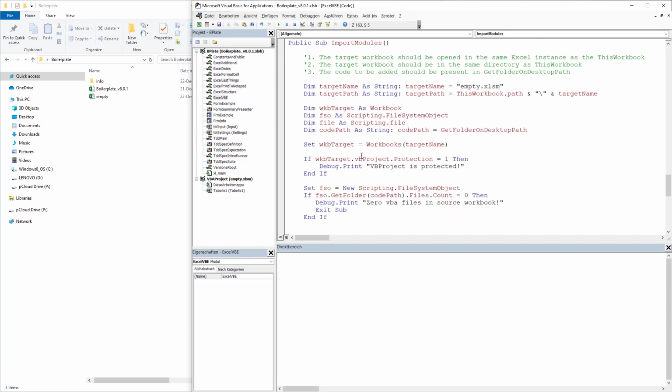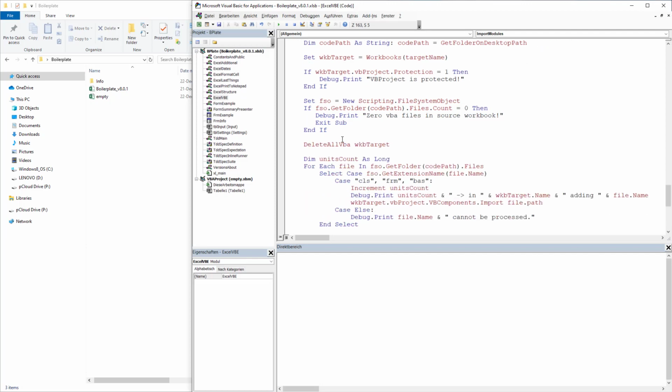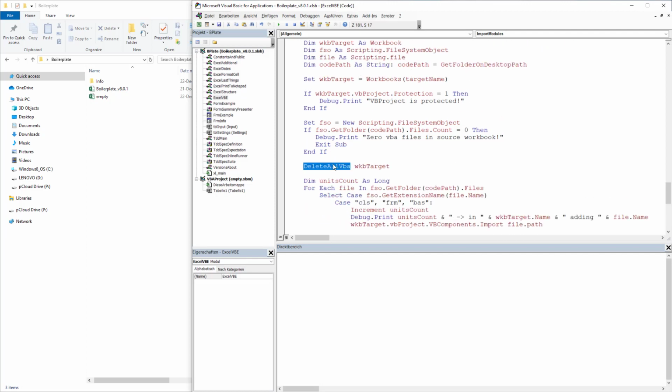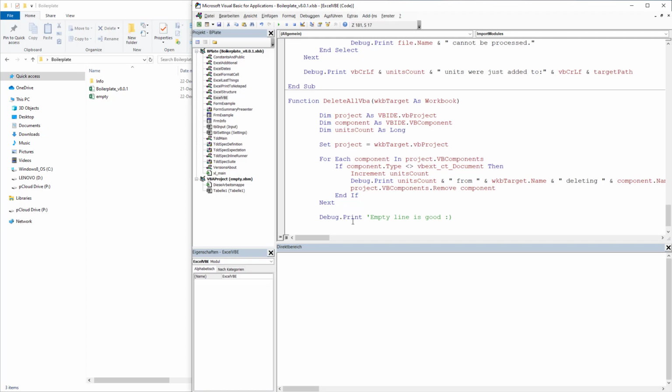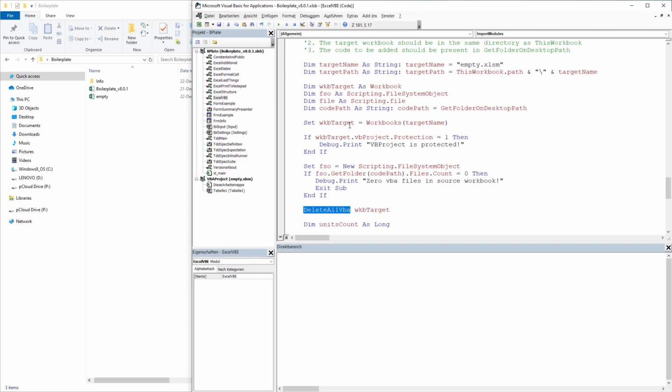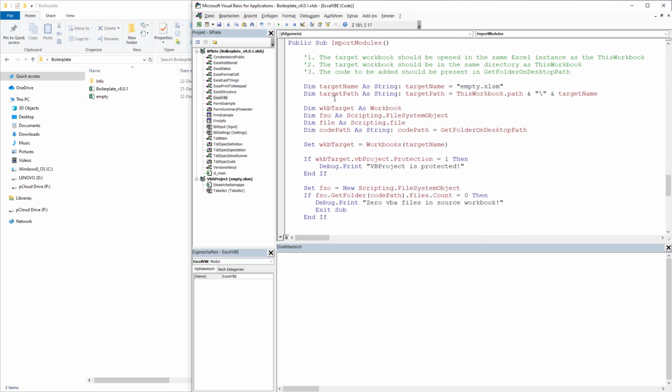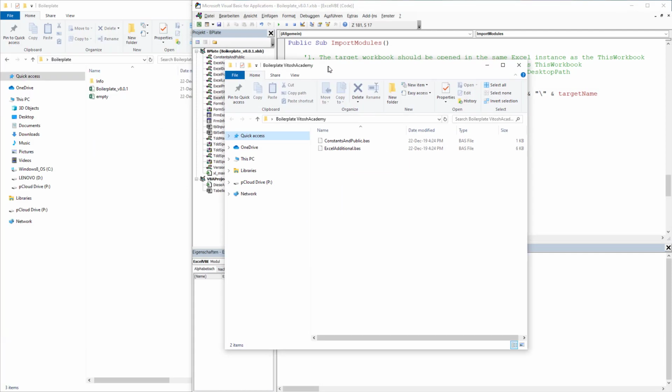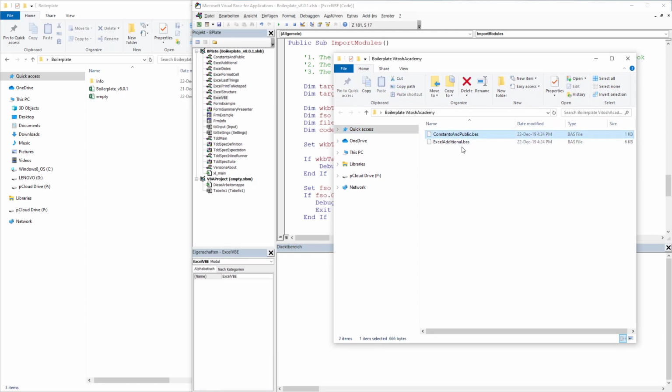Yes, pretty lot of this and this, but the idea is that this should be done a bit manually, to be honest, because it also has in its part delete all VBA, which deletes all the code within the target worksheet. So it's kind of dangerous if we do it automatically, because sooner or later we are going to delete stuff. So in the Boilerplate Virtual Academy path, I have deleted everything, and I have only left this constant and public.bas, Excel additional.bas,